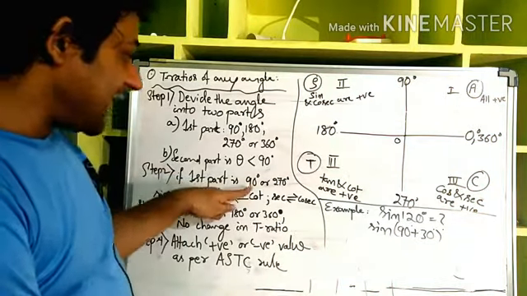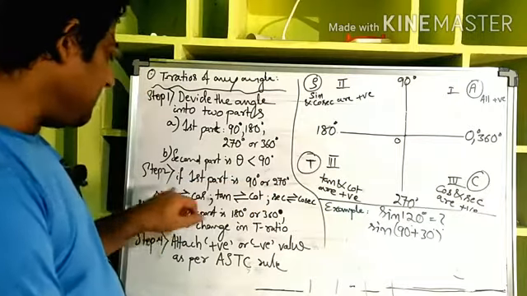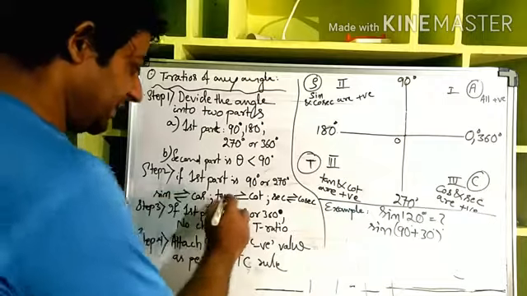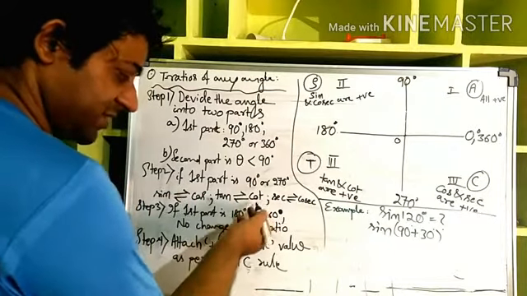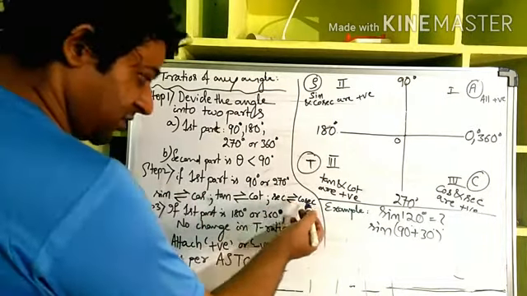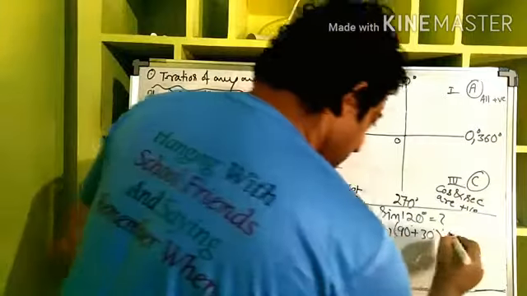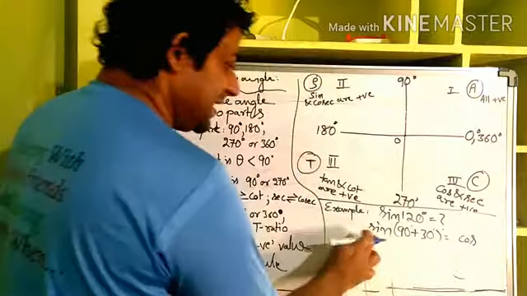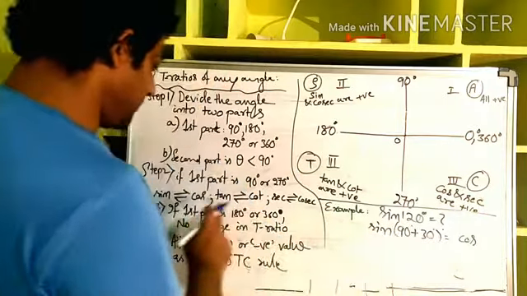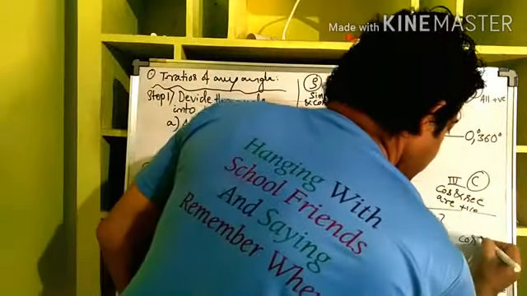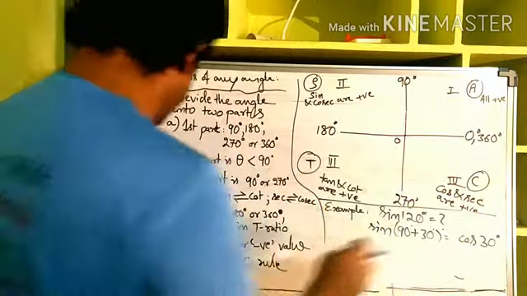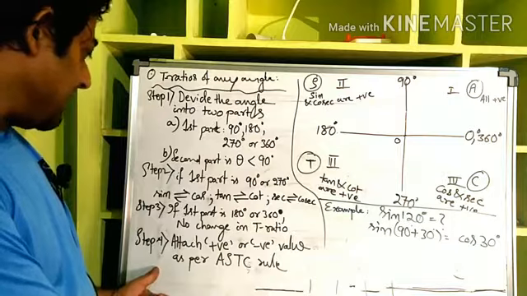If the first part is 90 or 270, sine will become cos or cos will become sine. It's both ways. Tan becomes cot, or cot becomes tan. Sec becomes cosec, cosec becomes sec. Here it is sine, so it will become cos. Sine of 90 plus theta is equal to cos theta. We'll write cos 30 degrees. But will it be positive or negative? See, the fourth step says attach.